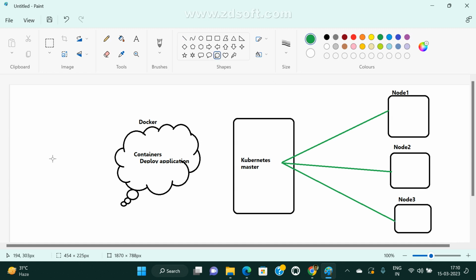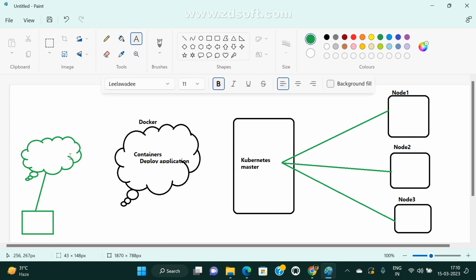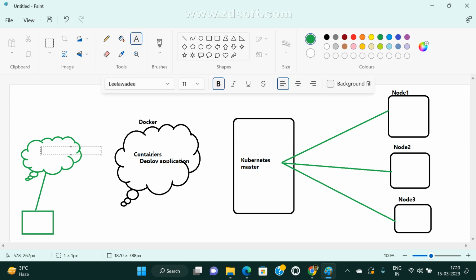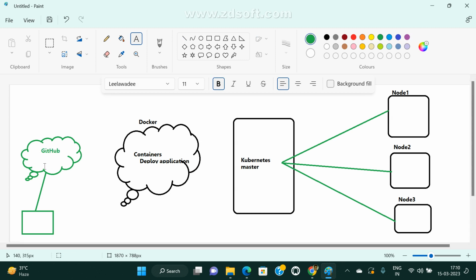So this is my repository, and multiple developers are working in parallel, modifying the code, and daily they are triggering multiple builds. This is the Docker Hub. Here my source code is available, and if any new changes come in, I want to automatically trigger the build.